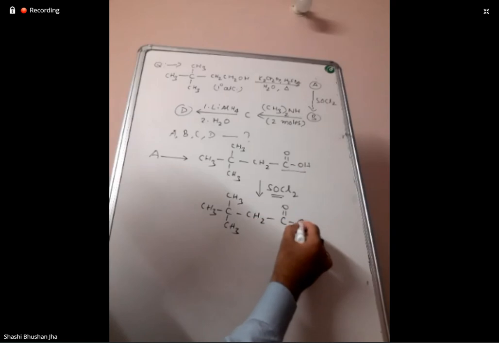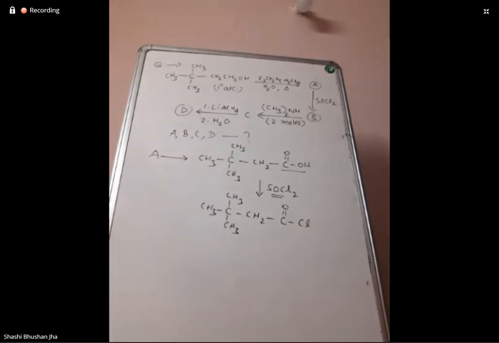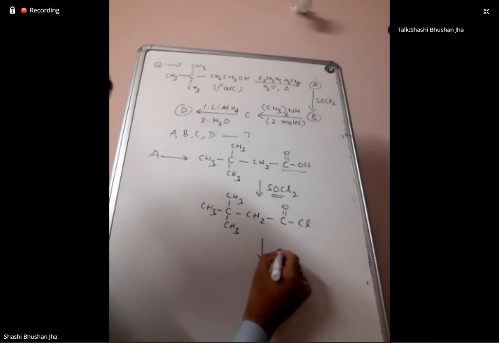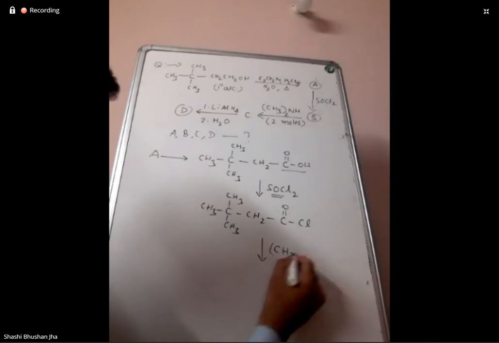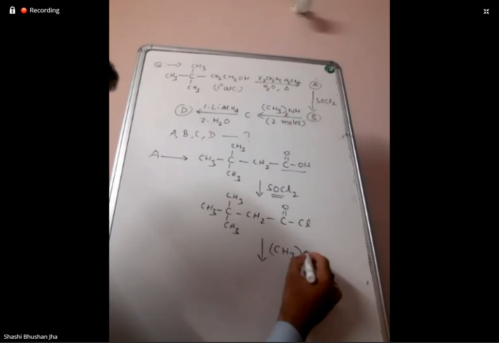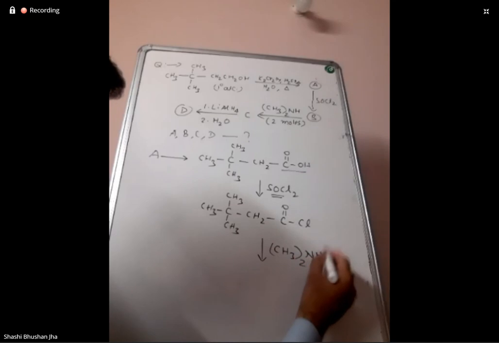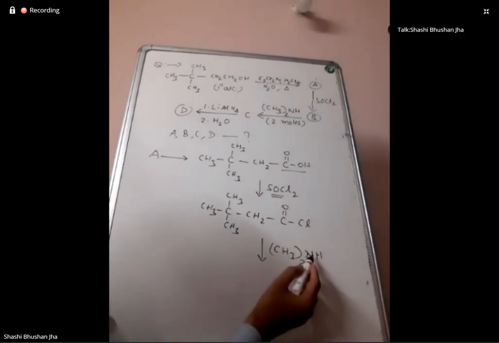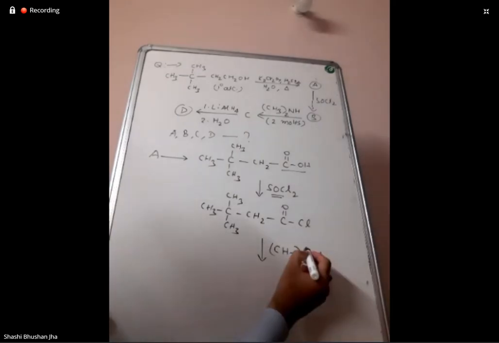This will be the product. Now it is reacted with dimethylamine. Now acid chloride will react with dimethylamine and